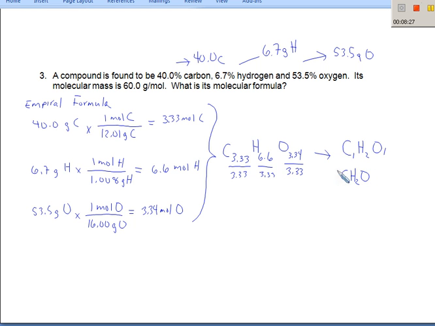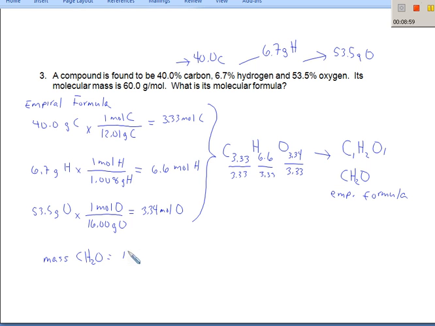This is our empirical formula. However, we're trying to find our molecular formula. So what we have right here is our empirical formula. You're done with the hard part, actually. Now, we're going to do the molecular formula. So we need to figure out the mass of CH2O. So, mass of CH2O